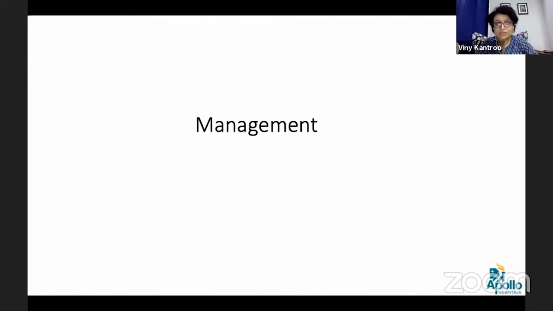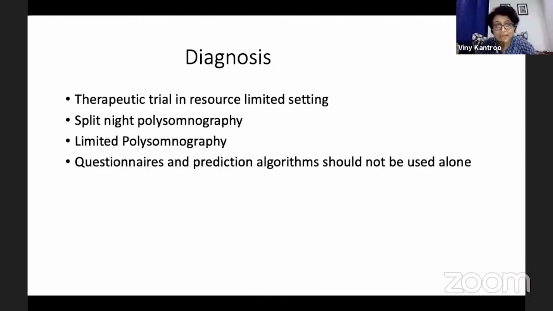Management obviously involves diagnosis, which can be in the form of questionnaires and prediction algorithms, like the STOP-Bang questionnaire, which is again a small questionnaire of 10 questions which you can ask these patients and keep a copy of in your clinic. But usually it has been seen that questionnaires and prediction algorithms do not reliably confirm a person as having OSA. So they should be given the option of undergoing a sleep study, which is called the split night polysomnography,